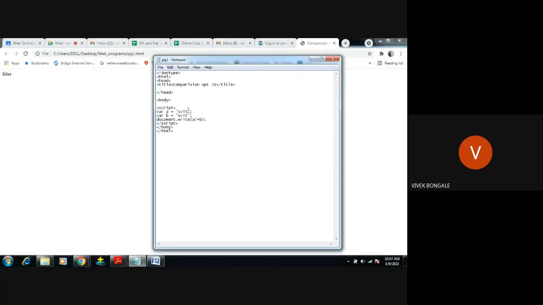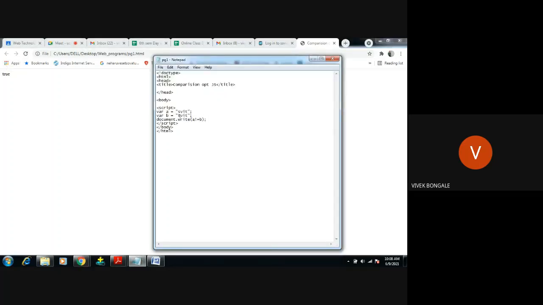Not equal to means A is not equal to B. Both are equal, so it is giving false. Right? I will change this to capital S, or a number, you can save. We can see it is true. Not equal to, here it is the capital letter S, obviously it is not equal.